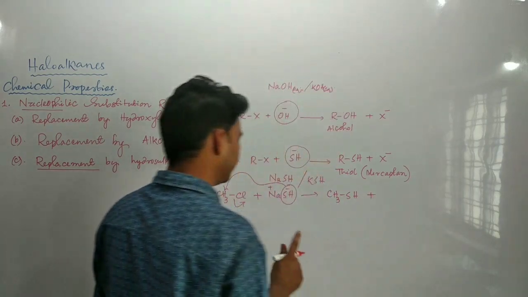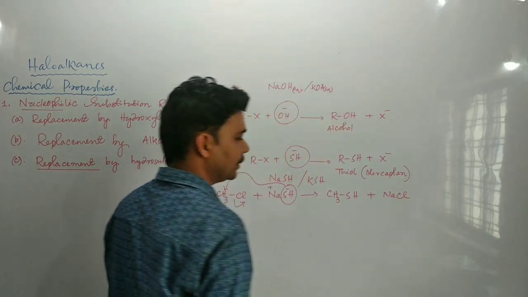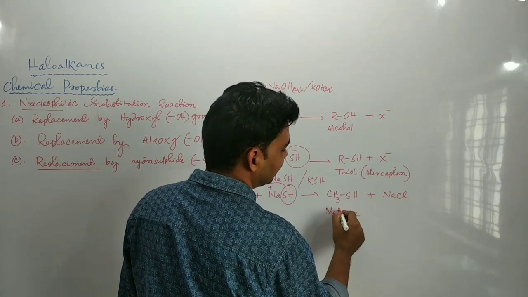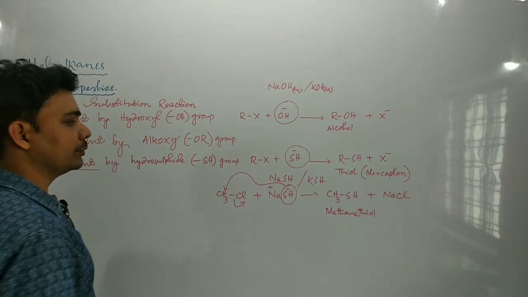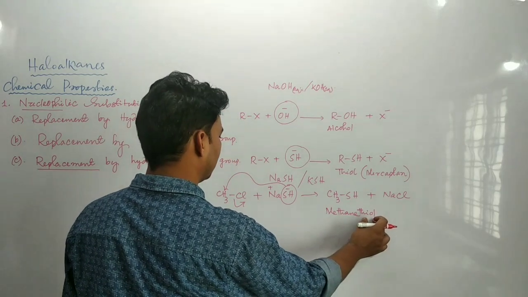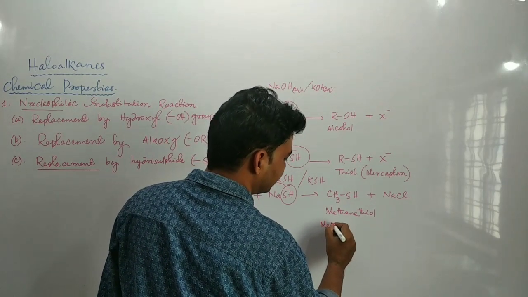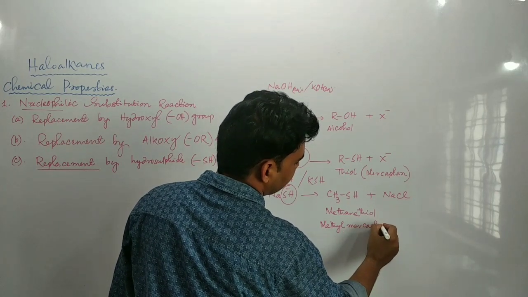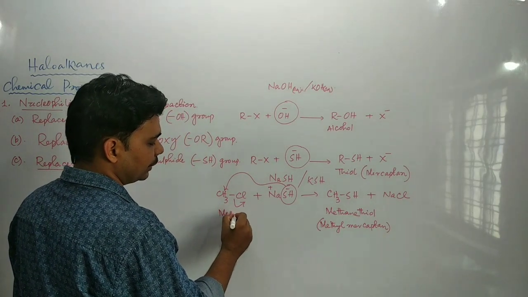This is the nucleophile, and this nucleophile will attack this carbon, chloride will leave, such that CH3SH will be formed. And what will be the byproduct? Na plus and this Cl minus will give rise to NaCl. So the product here is methanethiol. In methanethiol, the secondary suffix which represents the functional group is thiol. So methanethiol, or you can say it is methyl mercaptan. This is another name from methyl chloride.